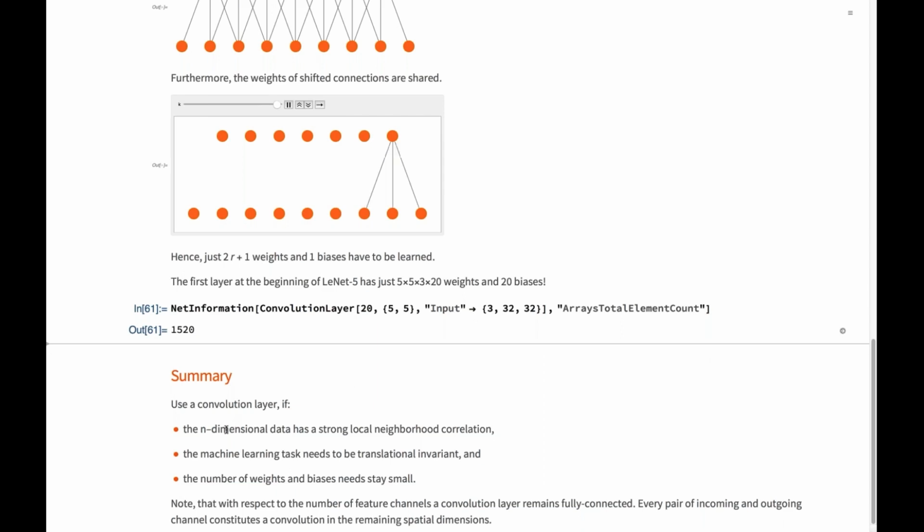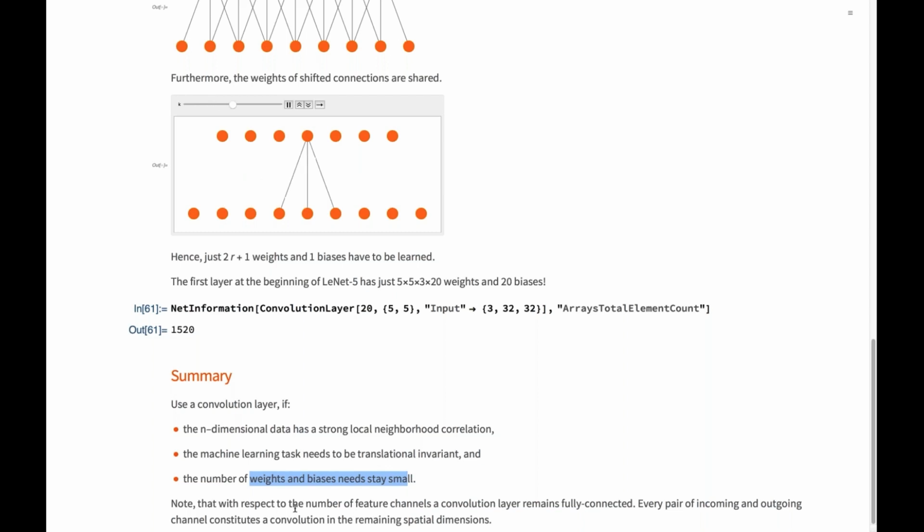Well, if you have a multidimensional data set that has strong local neighborhood correlations, so if the information is stored in the local relation of pixel values or values in general, then if the machine learning task needs a translational invariance, basically, if you want the network to treat the left corner of your image the same way as the right corner or the middle part. And last but not least, in order to reduce the number of weights and biases in your system.